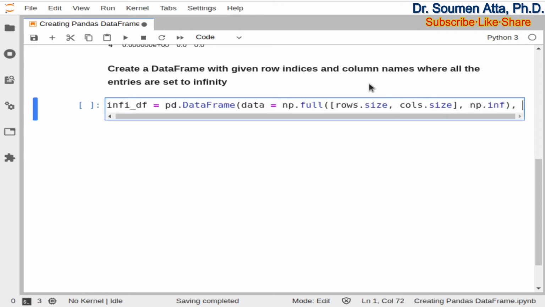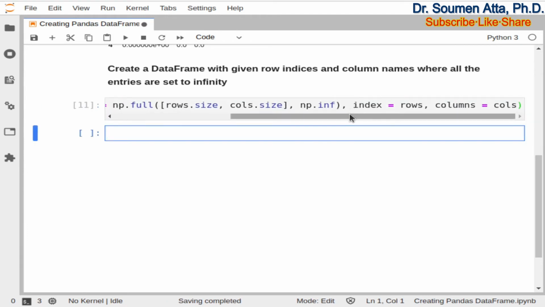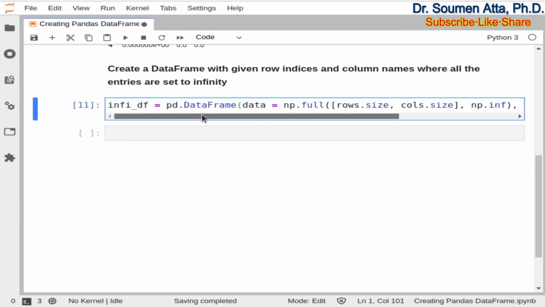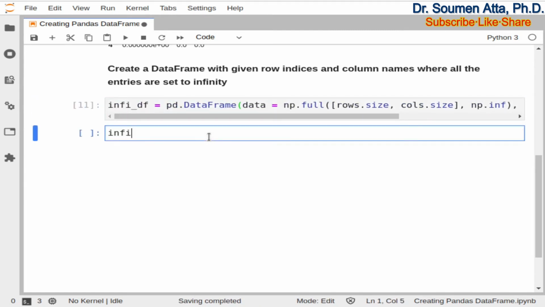Now we need to mention the index of this data frame. So index equal to rows, and we also need to mention the column names. So columns will be set to cols, and this will create a data frame with given row indices and column names where all the entries are set to infinity. You can check the content of this data frame infidf like this.